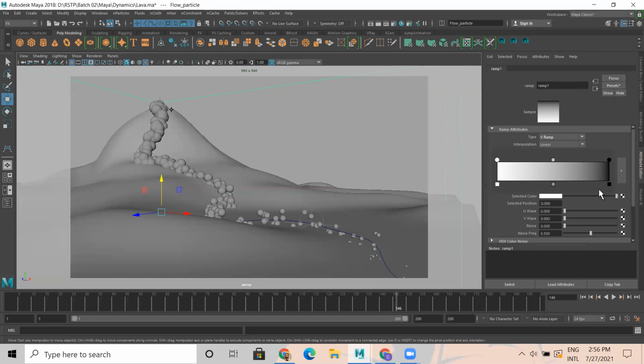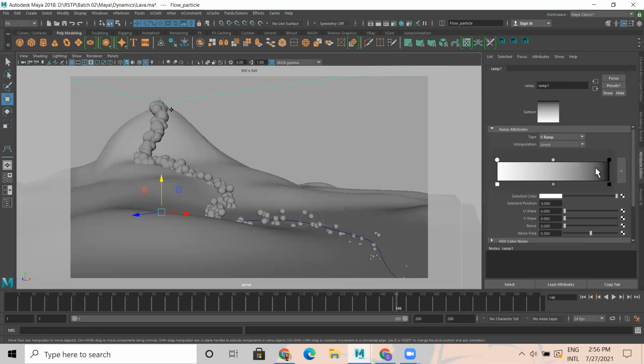Particle gets birth here, particle dies here. So what we want is white color represents thickness of the particle, that is more. Here it is less. It doesn't mean that I don't want particle here. We need particle, but size has to be a bit smaller. So black means zero particle.